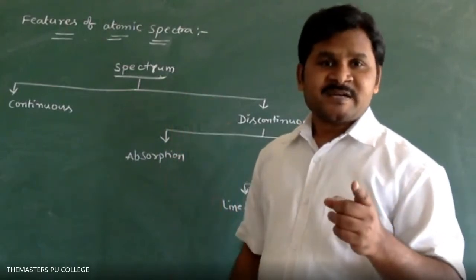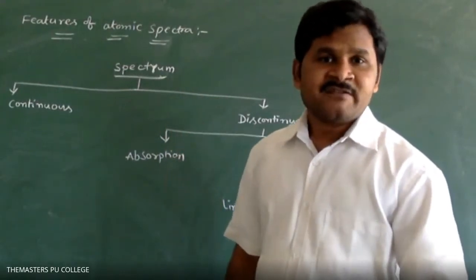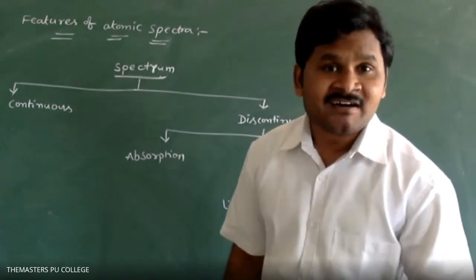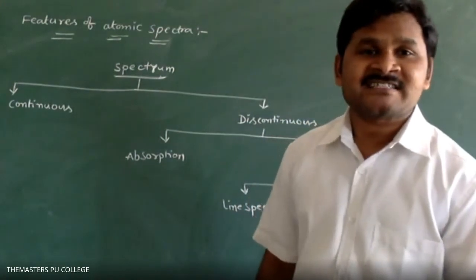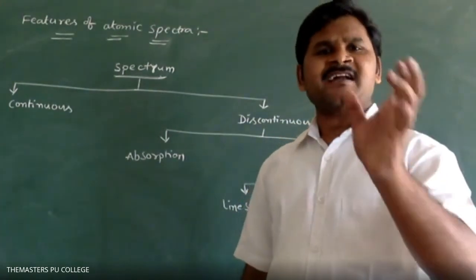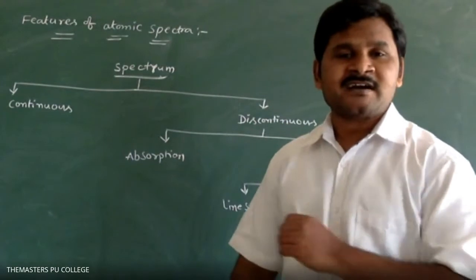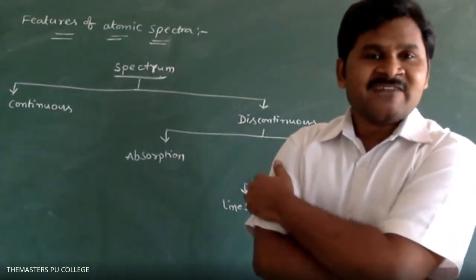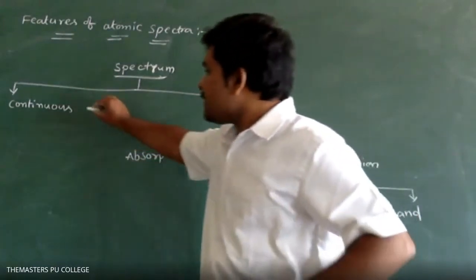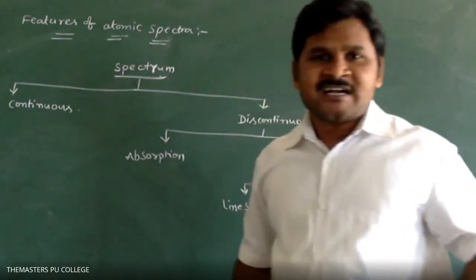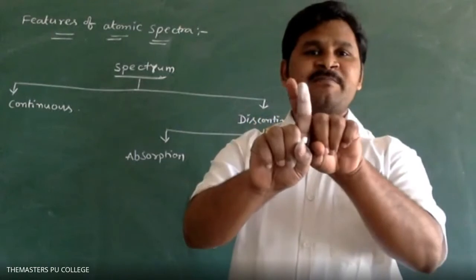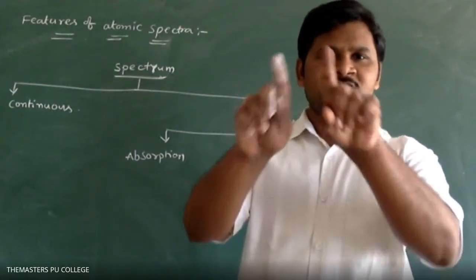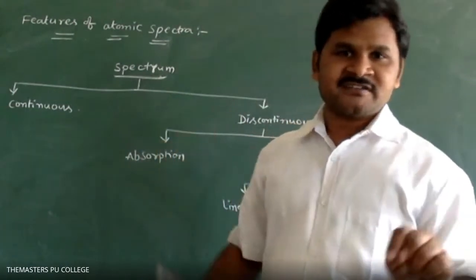The best examples of continuous spectrum are light from the sun or light from an incandescent solid. An incandescent solid is nothing but a white bright colored compound. Continuous spectrum means all colors are merged with each other, with no differentiation between their wavelengths, so all wavelengths can be observed. Next,